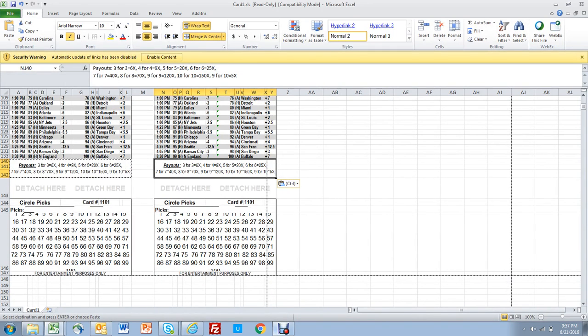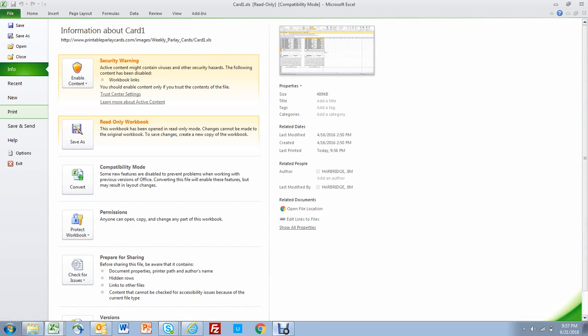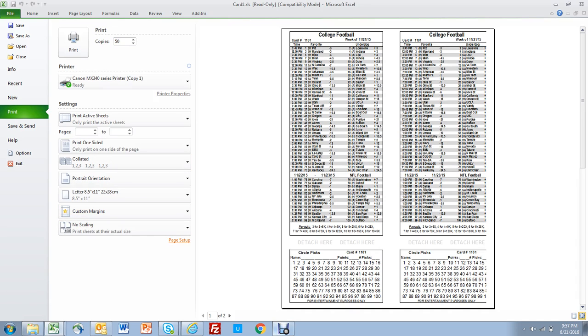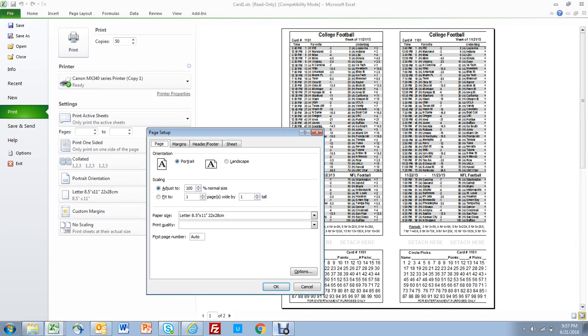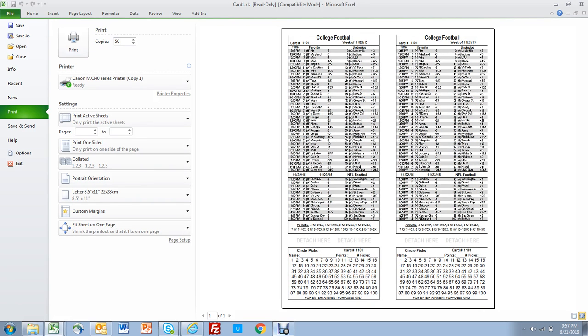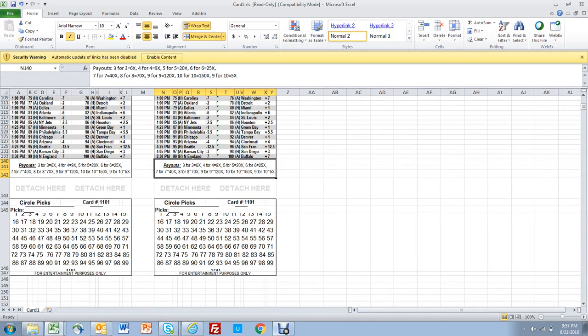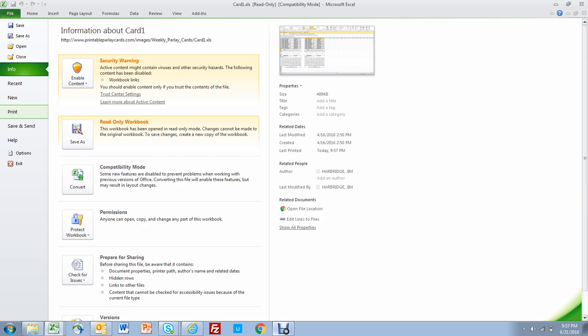Now, let's say that it actually doesn't fit to your page because you have a little different printer style. You'll want to go File, Print, then you can go to Page Setup, and you can click right here where it says Fit to One Page, and click OK. And now you'll see when you come to the home page that the dotted lines actually will take in the card. You do File, and then Print,